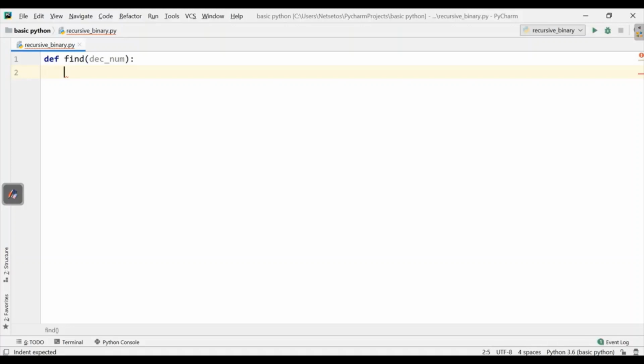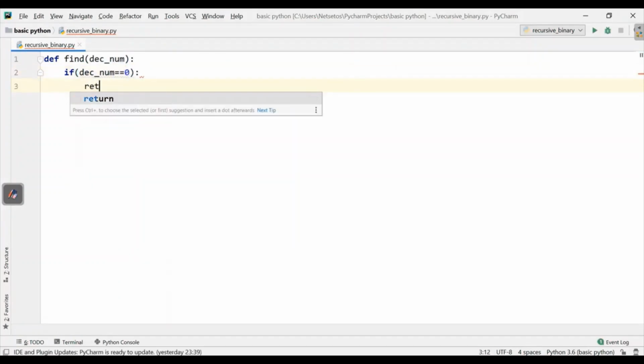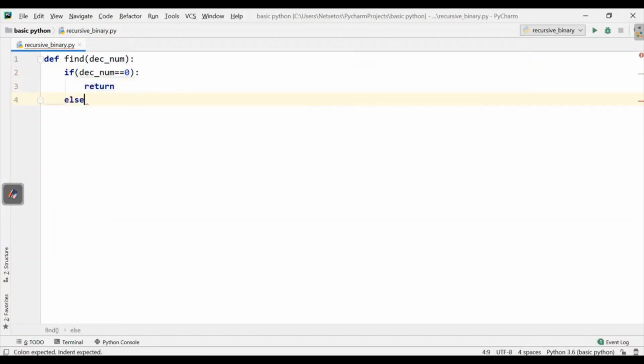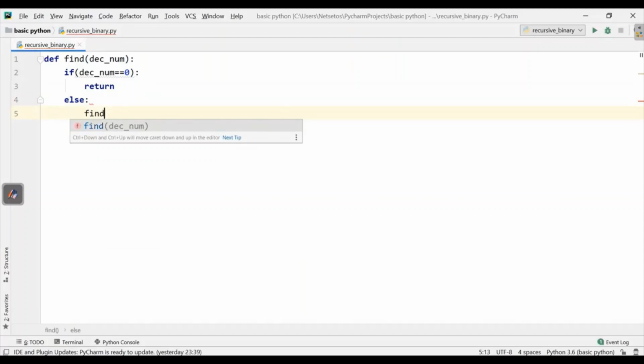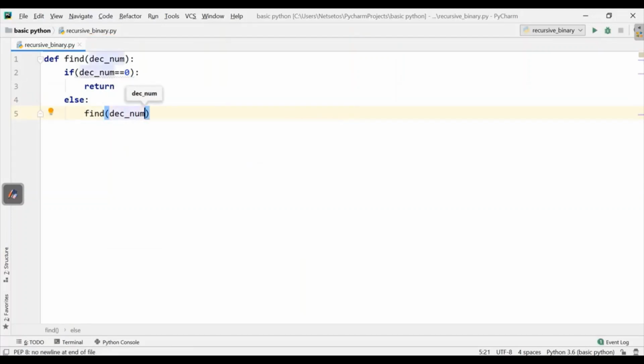If we are making a program on recursion, there should be a base condition first. So here I'll make it: if this number, that means that decimal number, is equal to 0, it will return. Else it will take the number as find decimal number and will divide this number by 2.